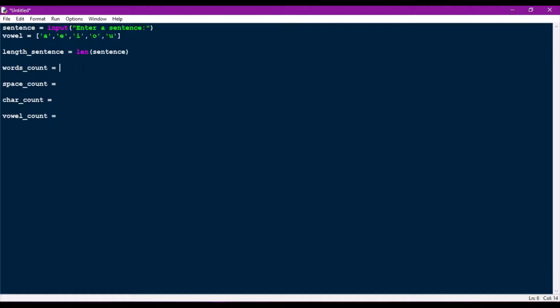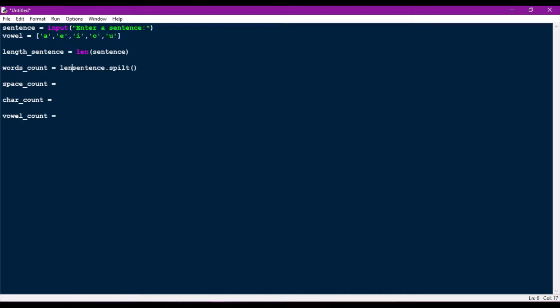So first we are going to count the words. We are going to use the split function applied on the sentence variable, which will return the words separated by the space in the form of a list.